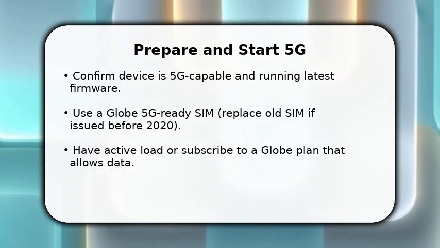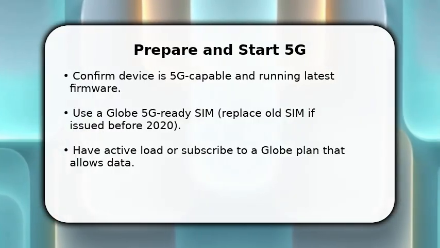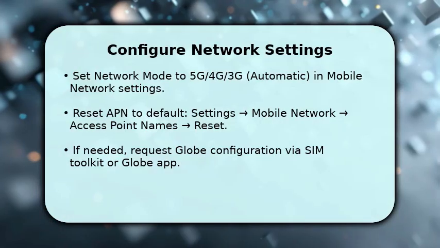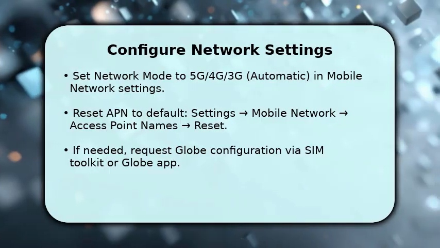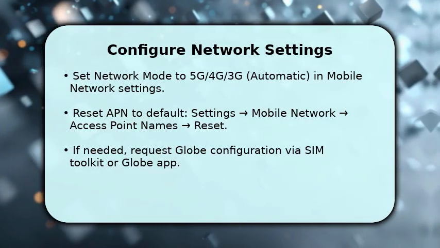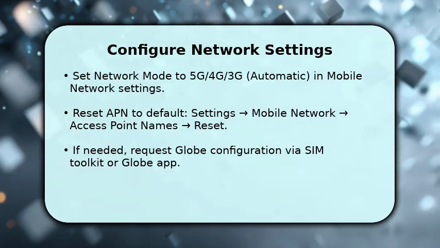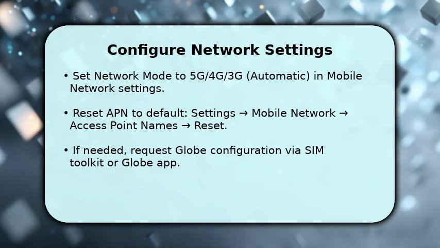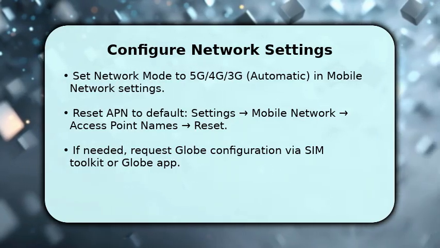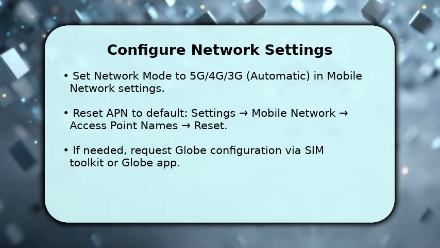Next, configure your network. You should switch network mode to 5G or 5G/4G/3G, automatic, so the phone can negotiate the fastest available band. Once that's done, reset the APN to default in access point names so the carrier settings apply automatically. This avoids typos. If the phone doesn't get the right profile, use the Globe SIM toolkit or Globe app to